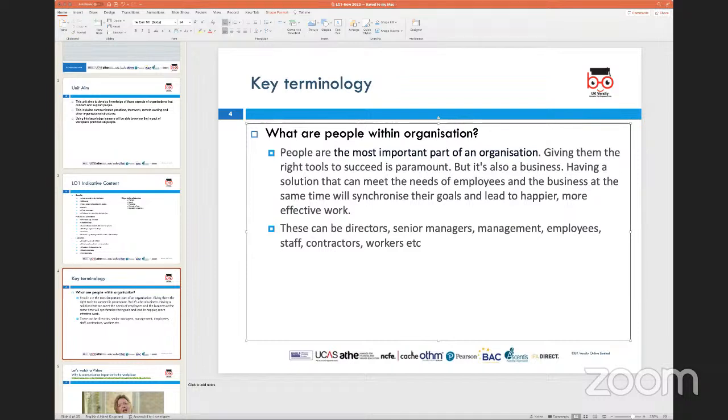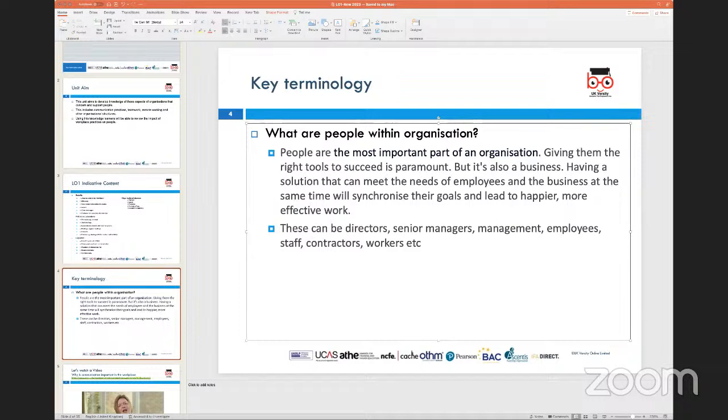So when we talk about people in general and what are people in organization, what we are referring to is the organization having the right set of staff, employees, or workers, whichever way we call it, being able to work within that organization to help in carrying out some of the goals, roles and responsibilities, which would help in the achievement of objectives set as per the agenda or the management of the organization.